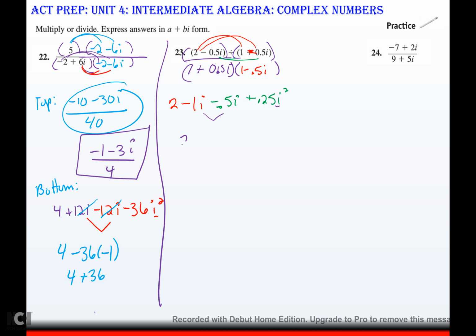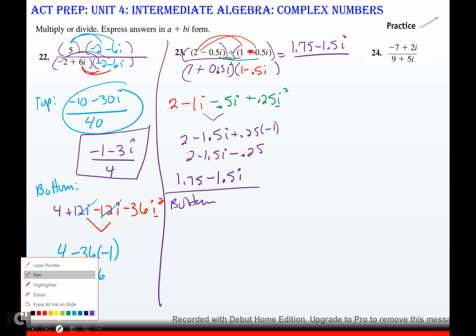I get 2 minus 1.5i plus 0.25 times negative 1. That's going to give me 2 minus 1.5i minus 0.25. If I take 2 minus 0.25, I get 1.75 minus 1.5i. There's my top. Okay, on bottom,